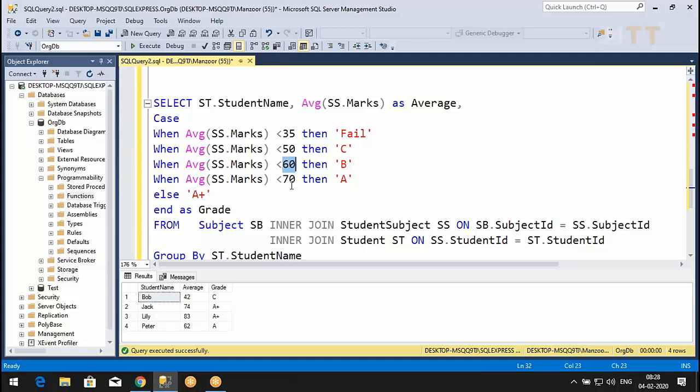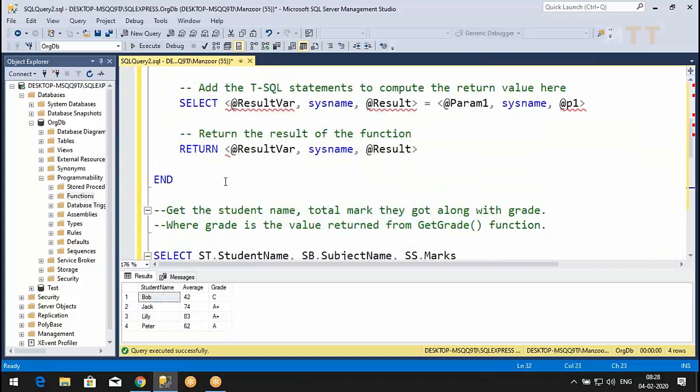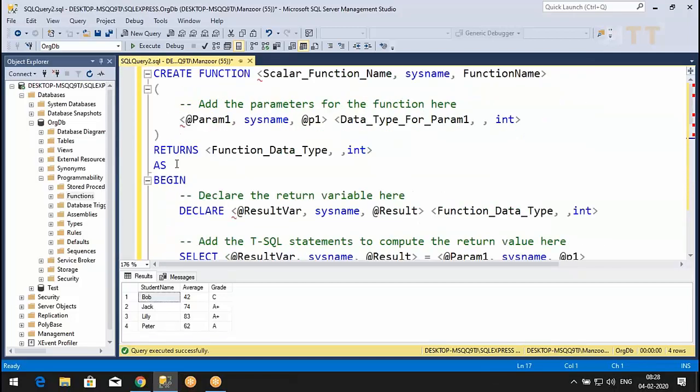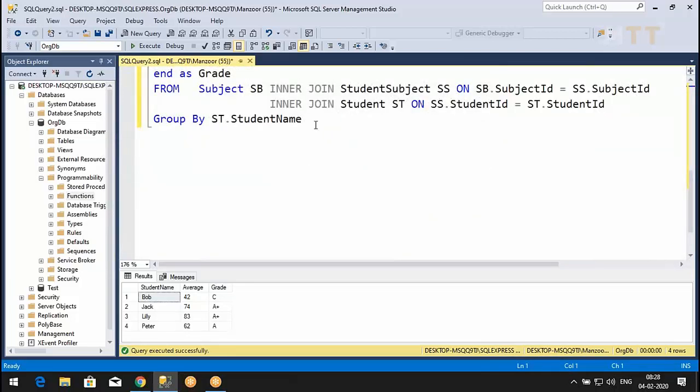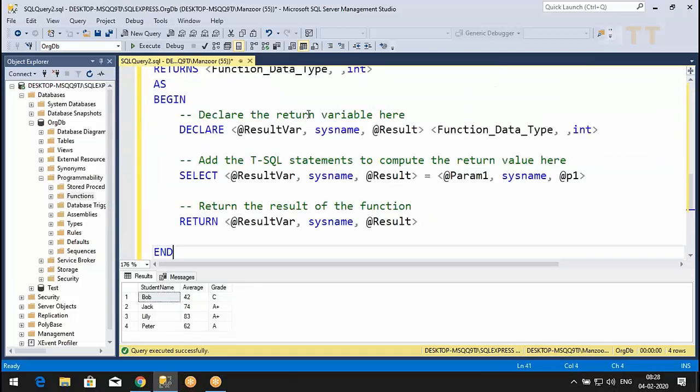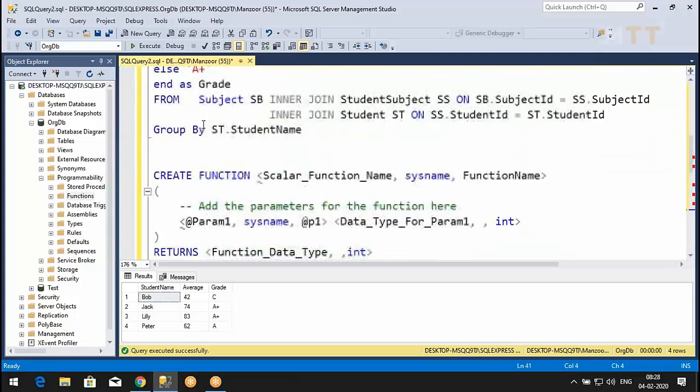So for these cases, I can create a function. I have a function template, simple syntax: create function, function name. What should be the function name? Get grade.